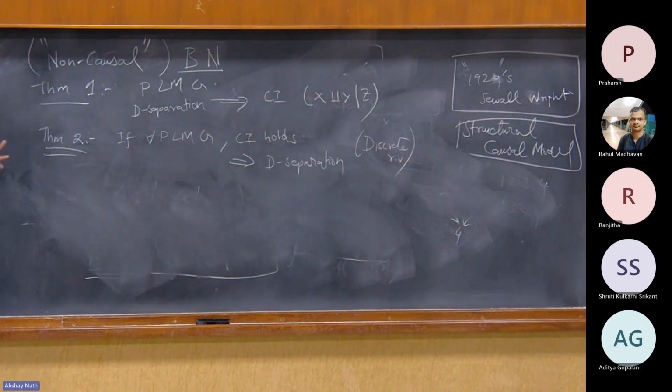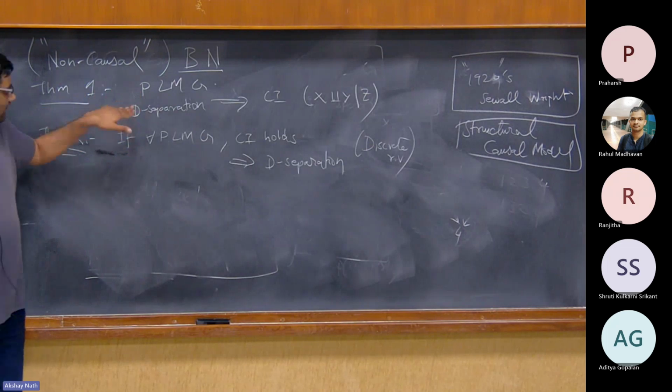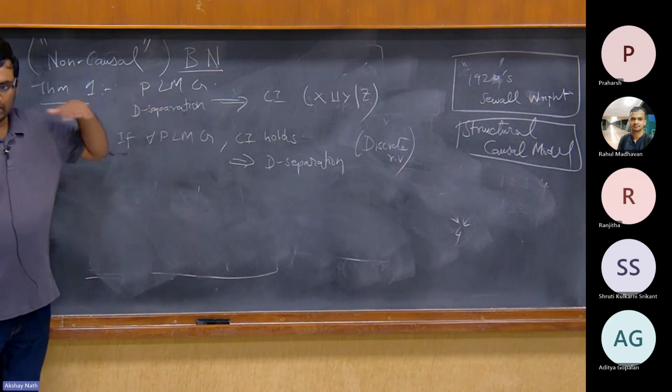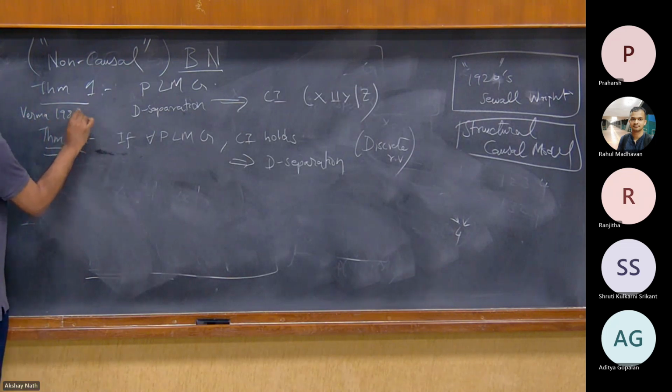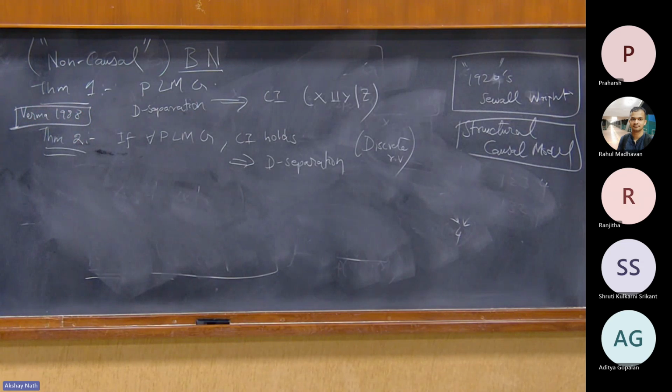Now, 2 is a bit complicated. I won't prove that. 1 I will prove, but not now, I'll prove it in some other lecture. The most important thing is to develop more intuition about d-separation and relate it back to the treatment effect estimation problem and then the causal gradient. That's probably the more important thing. But this is a very important thing. Now it was proved, I don't know who proved it first, but Verma 1988 is a paper that actually specifies these two results.